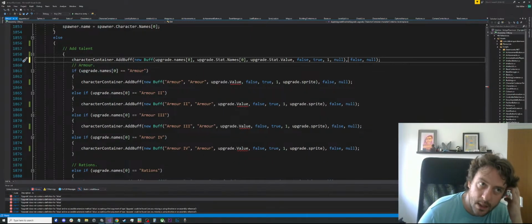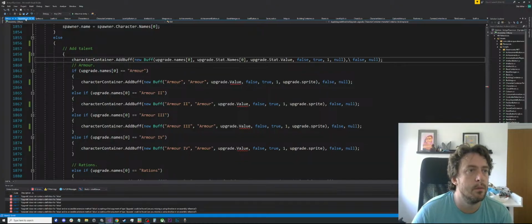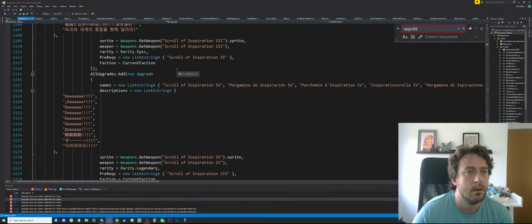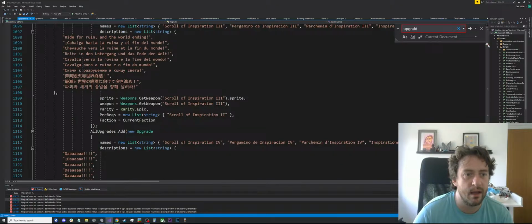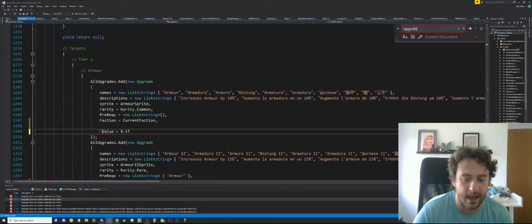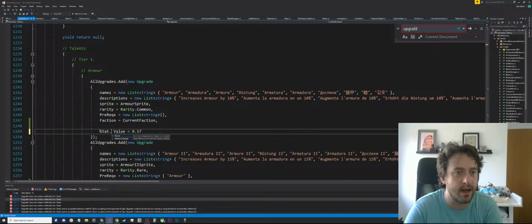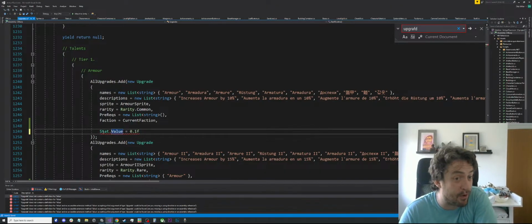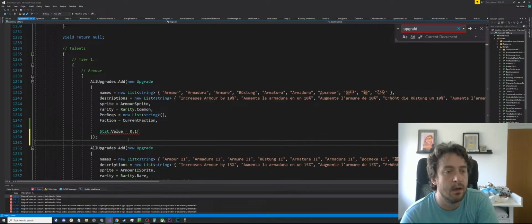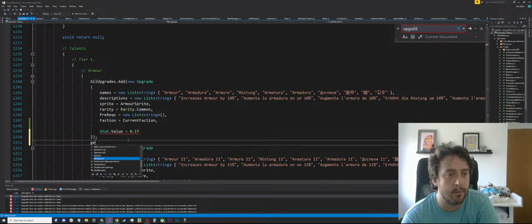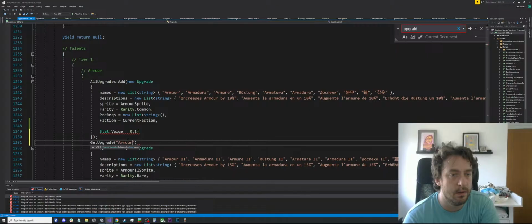Right? And then the problem is, so we could make it that upgrade has a stat, but then that means again I can't be like stat.value, because reasons basically. I'd love to be able to do that. I can say upgrades. I can say get upgrade armor.stat.value equals whatever I want it to be,